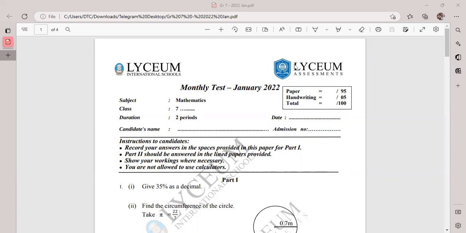First of all, children, you want to fill in the blanks. Can you see grade 7A, B, C? Mention your class, your name, the date you have the exam, and your admission number. You want to fill all these four places. That is very important. Then the second point I want to discuss with you: you can see the marks allocation